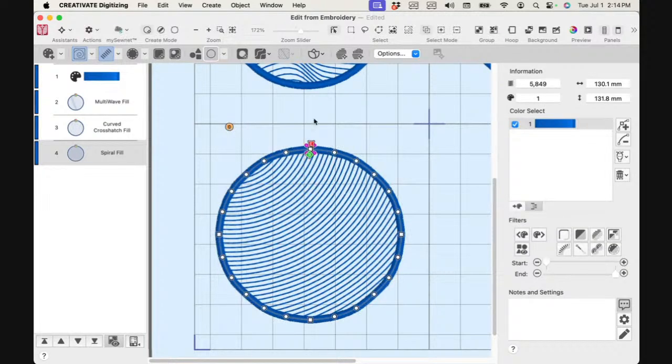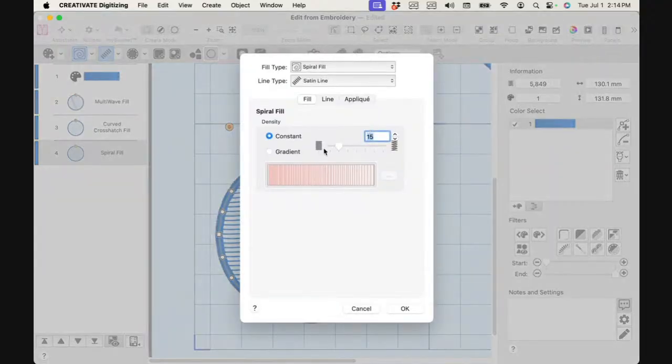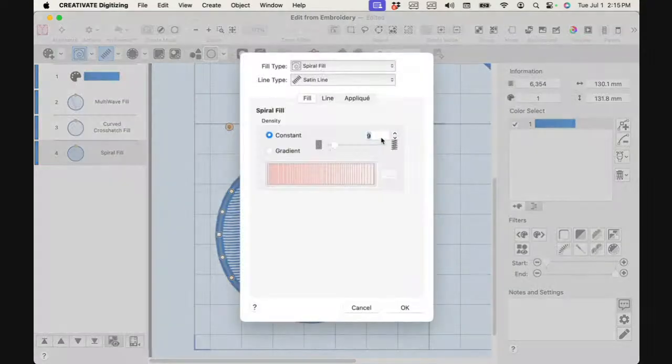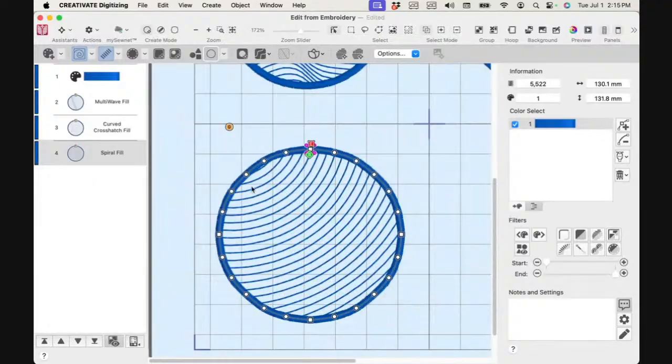And if I'm looking at that density, if I right click and go into my properties for the selected shape, if I make the density smaller, when I click OK, the lines are going to be closer together. If I were to take the density up to say a 25, they're going to be farther apart. Now, the other nifty thing I can do with the density,